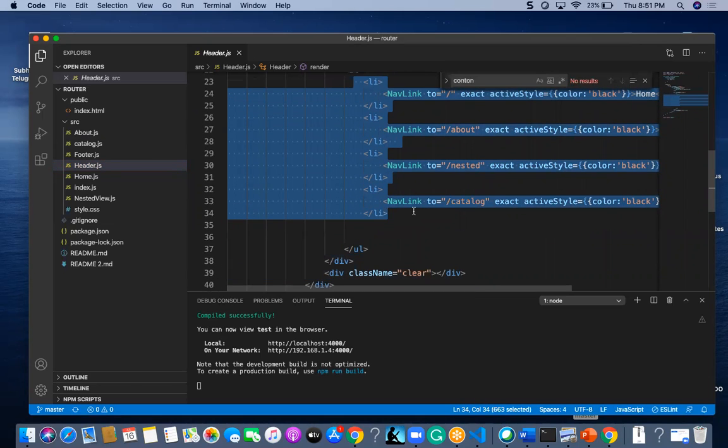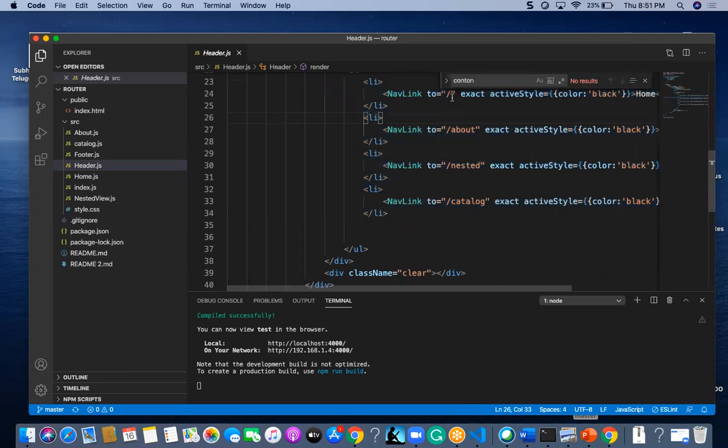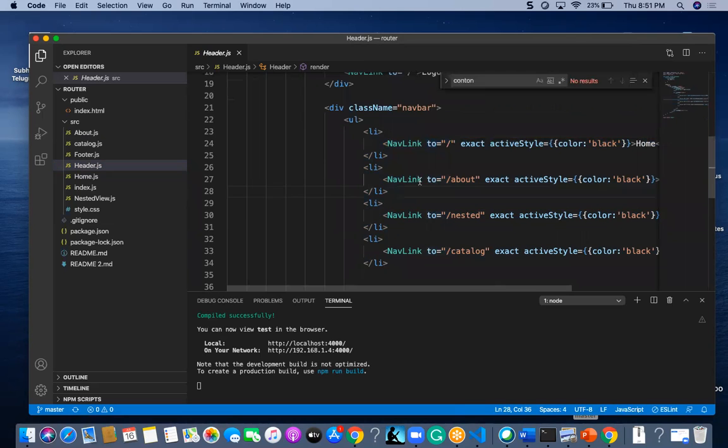So here, first, slash means home. About means the about page. Slash nested means the nested page, and slash catalog means the catalog page. These are just a view of the browser alone.